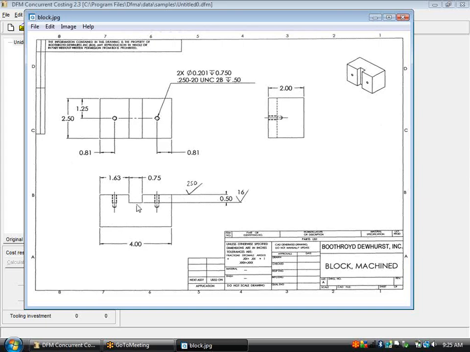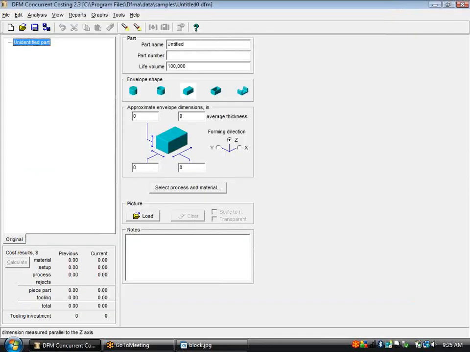finish into the bottom. So if we were to do a machining analysis of that, we would start out here calling this part the block. We could give it a part number, and maybe we want to make 1,000 of these parts. We're going to put in the envelope dimensions. It's 2 inches tall, it's 2.5 inches wide, it's 4 inches long, and it's got an average thickness of 2 inches. The forming direction for a machined part is through the length of the long axis, so we'll pick X